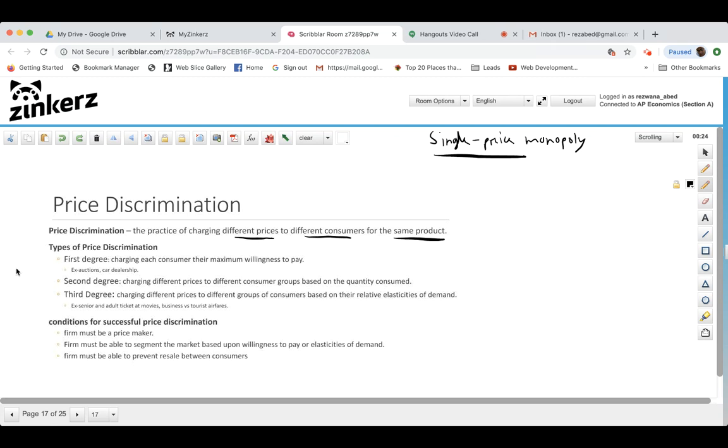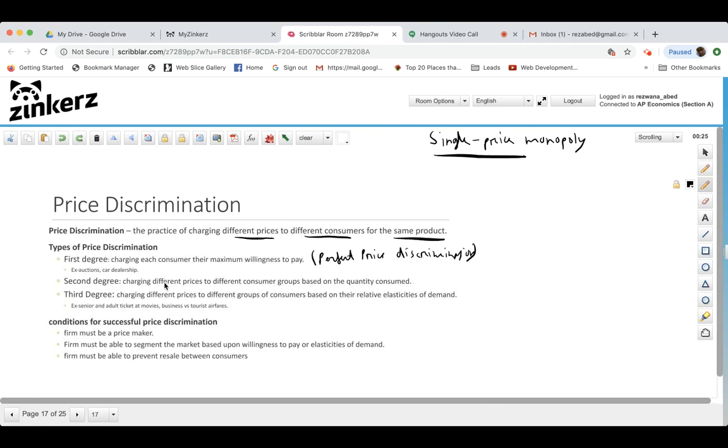There are actually three different types of price discrimination that we talk about. One is first degree price discrimination, which is also known as perfect price discrimination. This is a type of price discrimination where a monopolist will charge each consumer their maximum willingness to